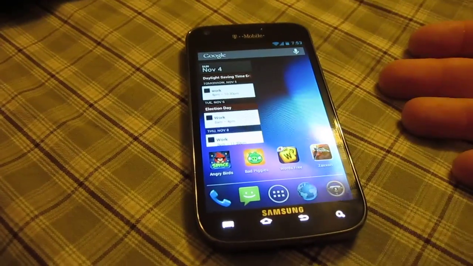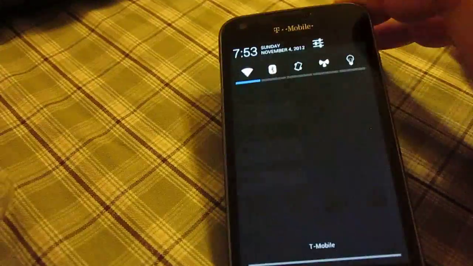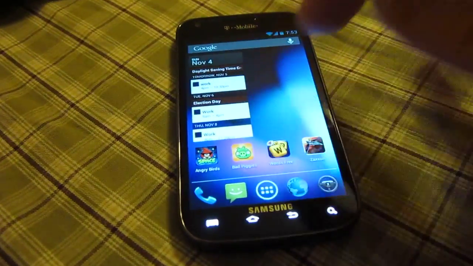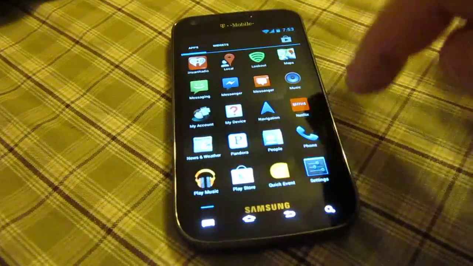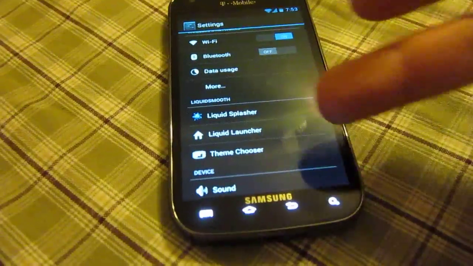Because this is more of a stock experience, but you do get some tweaks. So I can have toggle switches if I want. I can add widgets to the lock screen. Basically, if you've used the AOKP or the CyanogenMod ROMs in the past, you're going to have similar setups, except